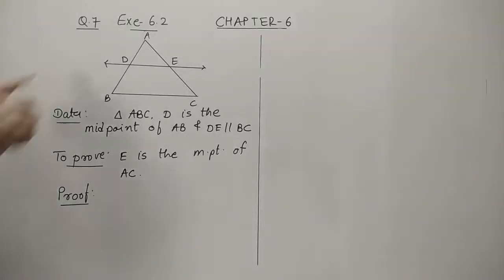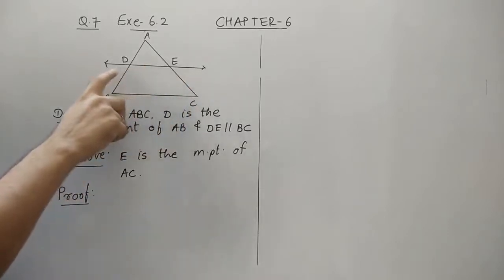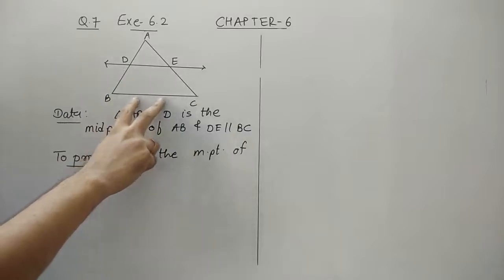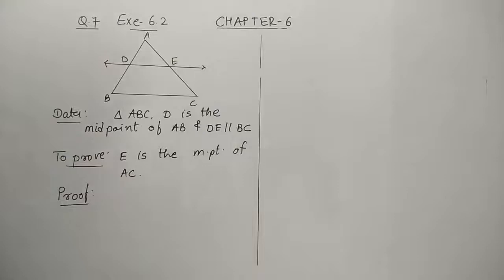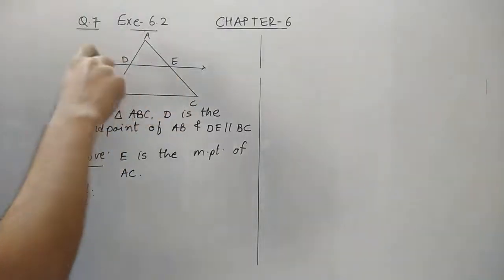Question number 7 of this exercise. It is given that by using Theorem 6.1, that is the basic proportionality theorem, we have to prove that a line drawn through the midpoint of one side of a triangle and parallel to the third side of the triangle bisects this third side. So what we have taken here is this triangle ABC, where we can see that